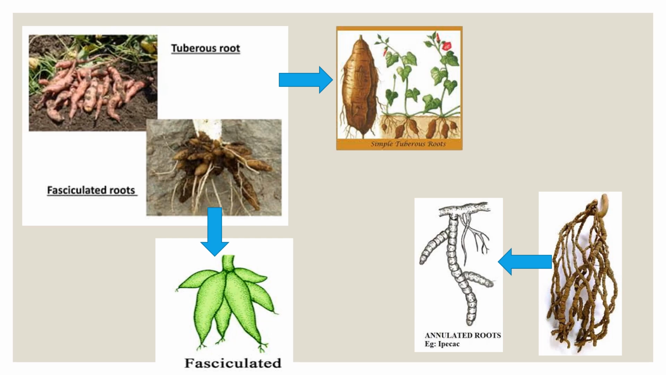Okay, this picture shows you the types of adventitious roots modified to store food. We saw the tuberous root, and we saw the example of sweet potato. Also, in this left picture